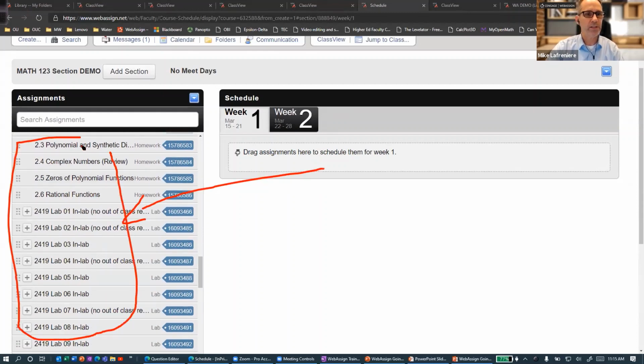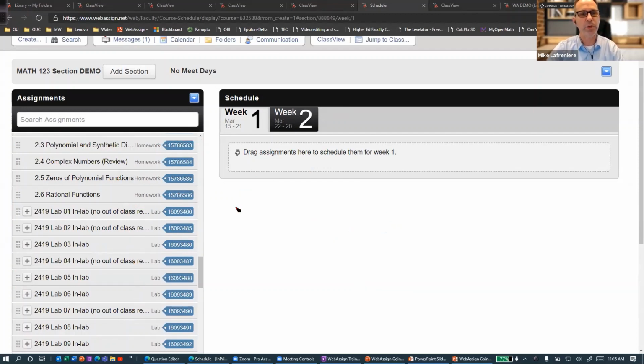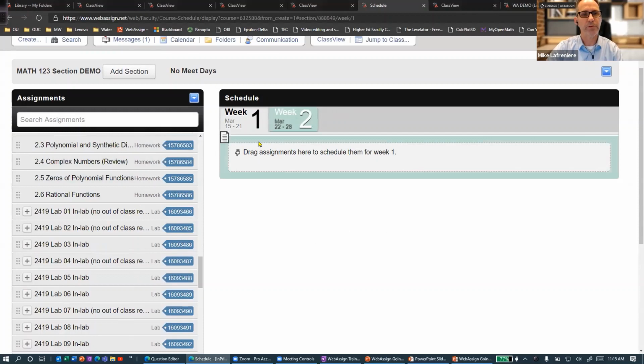Assignments are uniquely identified by an assignment ID. And so those assignment ID numbers are going to be the unique numbers that allow us to put assignments into our course. It's a matter of just dragging an assignment we find favor with, dropping it into the schedule tool, and repeating this process for a base of assignments that we wish to share